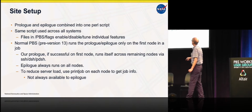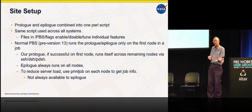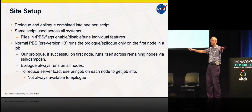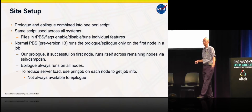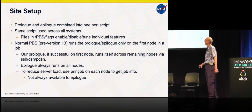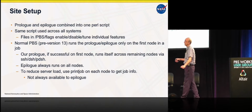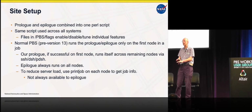So in our version, the prologue would run on the first node, and if it was successful, it would then farm out to all the other nodes in the job using PDish or Dish or SSH, whatever was available, to run itself on the other nodes. The epilogue always runs on all nodes. In our case, it runs on the first node, and then it always goes out, whether it's successful or not,